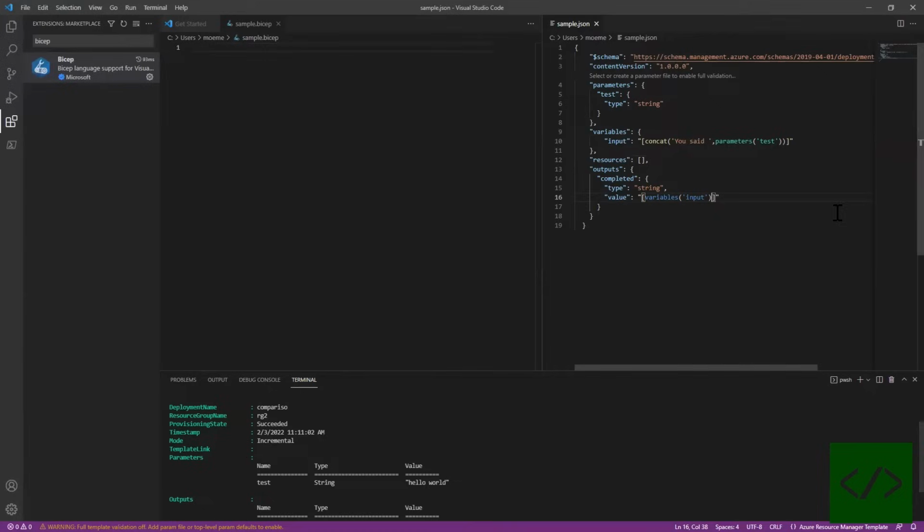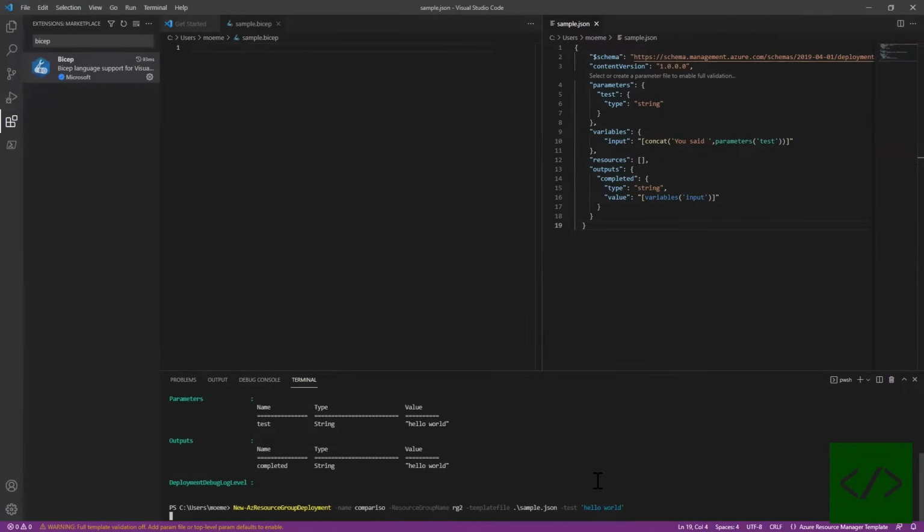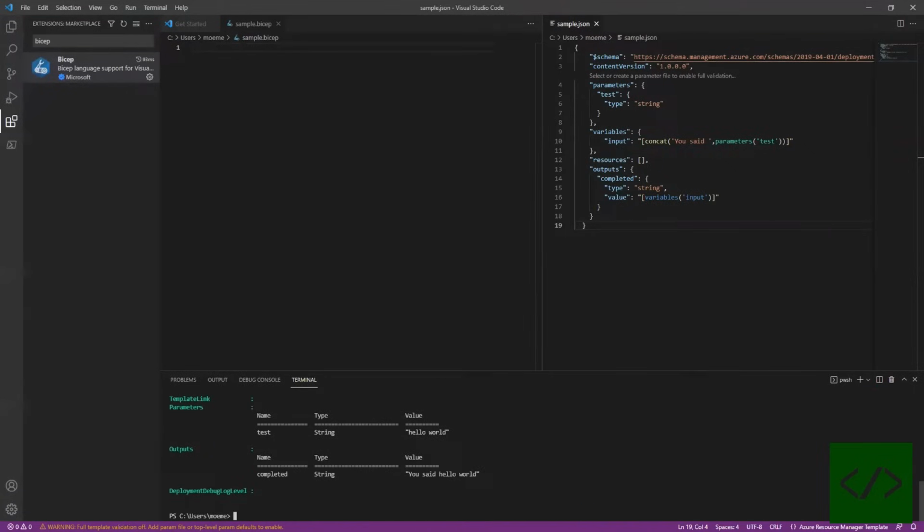So if I run this now, there you go. You said hello world. That's how it goes. So let's try to recreate this with Bicep so we can see what the differences are,